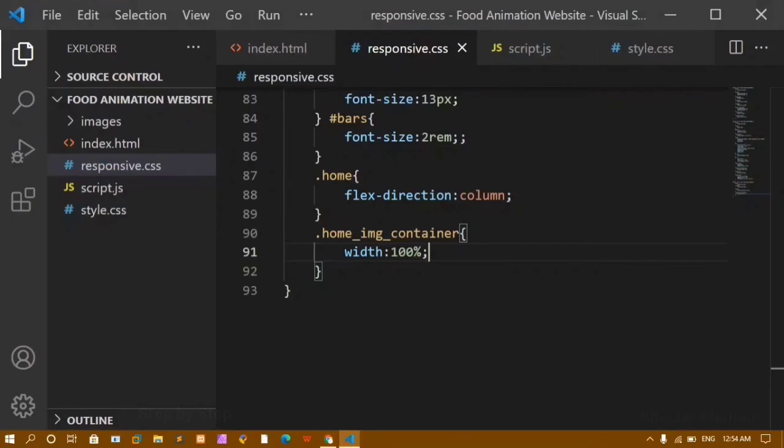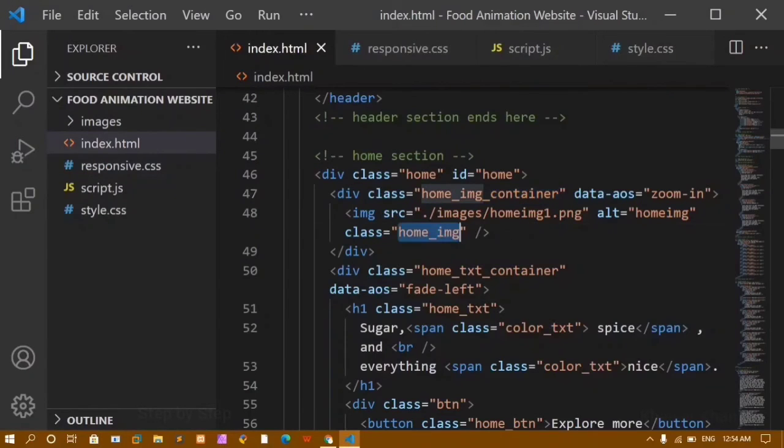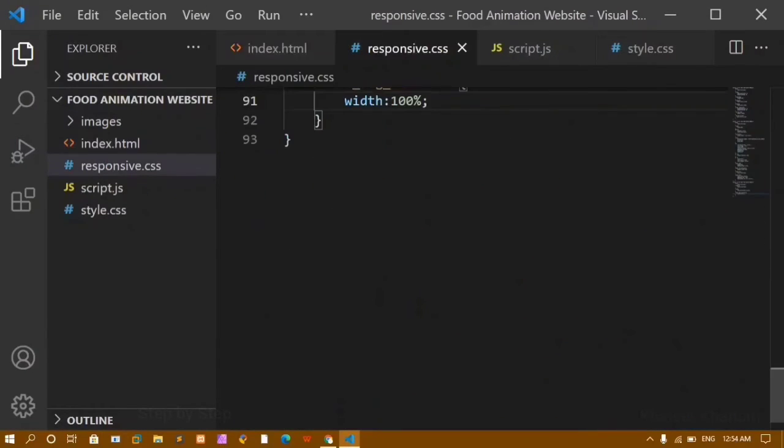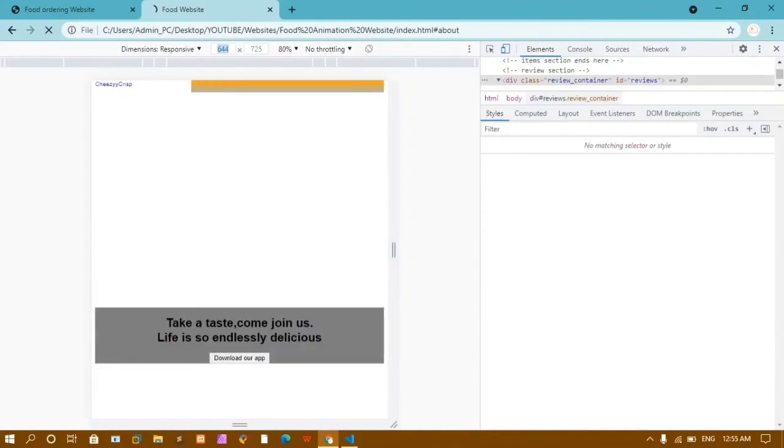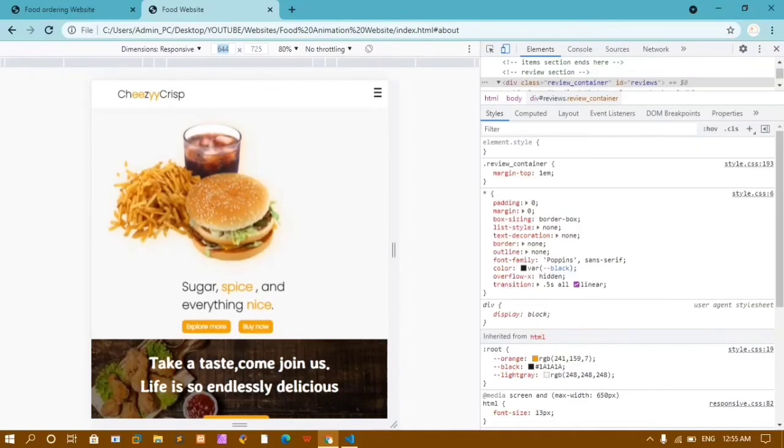So here inside index.html, for image I have this class. I'll just copy this one, and here I'm going to paste that one. Now for this image I'll just remove this. Now for image I'm just going to increase the width, I'll be giving 70%. I'll save, I'll refresh this one. Now my image will take complete 70% of the width,